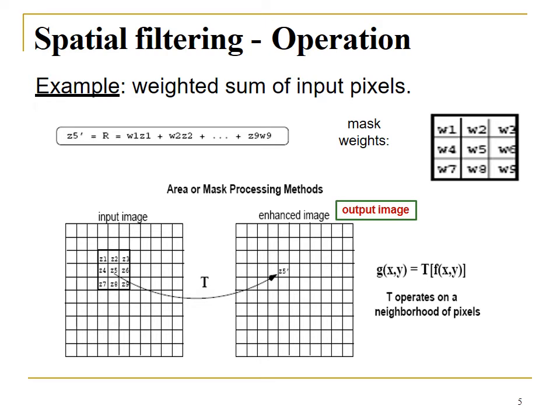Now, how the operation takes place in spatial filtering is we consider all the pixel values surrounding the particular pixel z5, that is z1, z2, z3, z6, z9, z8, z7 and z4. We add all those pixel values and replace the value of z5 with it. So the z5 value is replaced by the sum of all those neighboring pixels, and that is represented as z5 dash. Similarly we place the masking technique over each pixel and replace the value to get an enhanced image as an output.